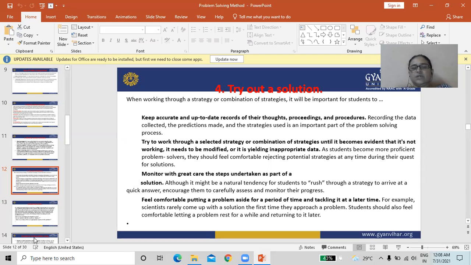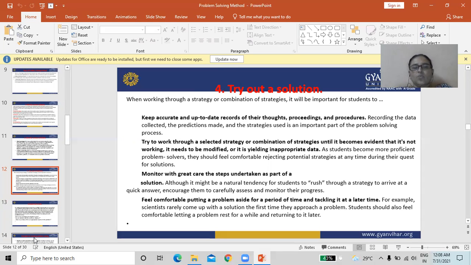Recording the data collected, the predictions made, and the strategies used is an important part of the problem solving process.